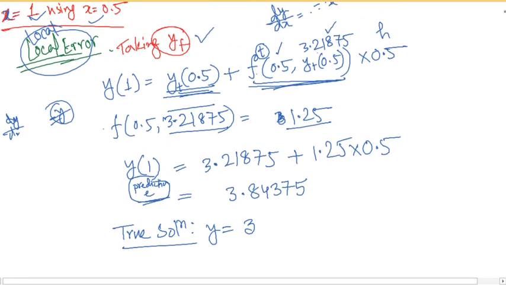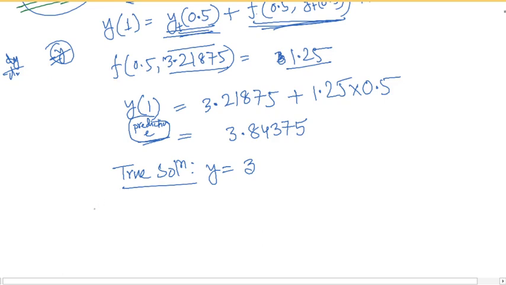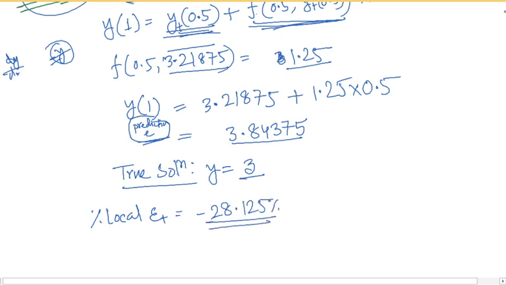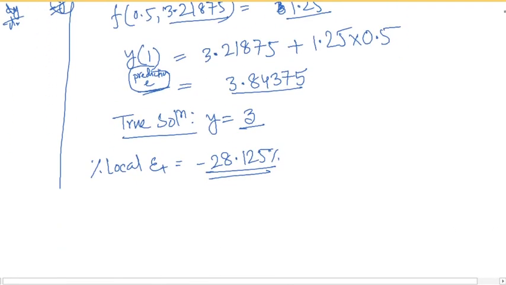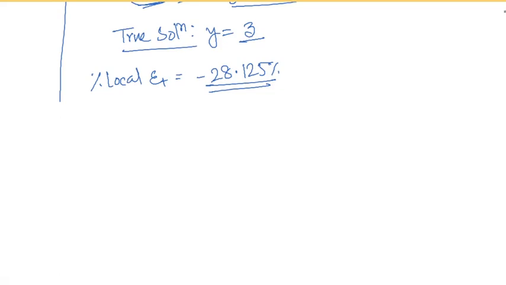So now as this is local error, we have taken y true value, so the percent local true error will be equals to the true value minus this one divided by 3 into 100%, which will give us minus 28.125%. That is the error generated solely from this particular step. But if we want to calculate the global error,